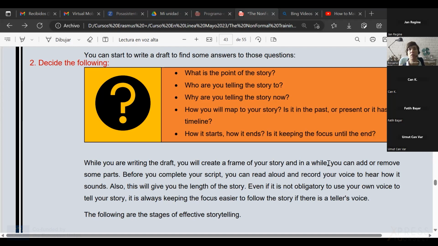Another thing that happens is that when you record your voice, if you are not used to it, you are going to sound strange to yourself. Your voice is going to sound like a stranger's voice. Most of the time, we don't like our voices unless they are edited. If you're good at it, go ahead. Another thing that could happen is that you are good at giving speeches or talking through microphones, so you are used to talking in front of a microphone, and your pronunciation is good enough, so you don't need to do much about it.